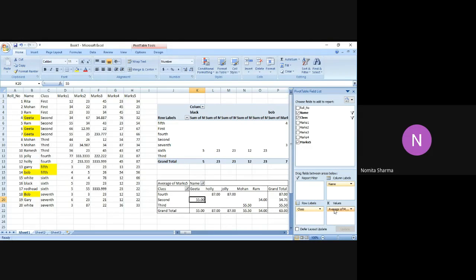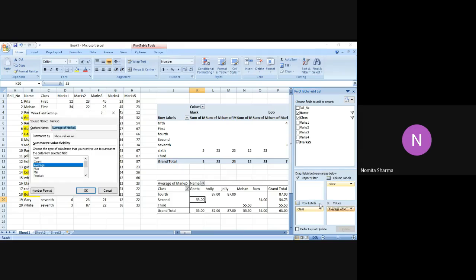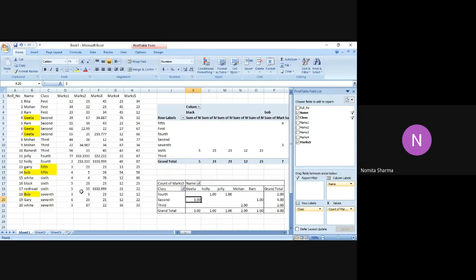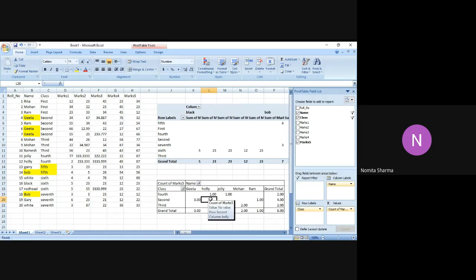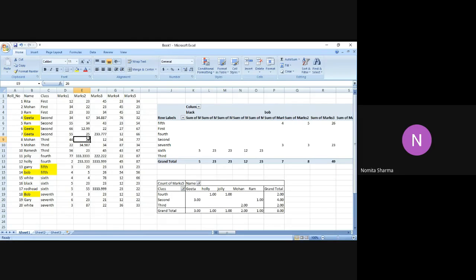In a similar manner, if I go back to value field settings and select count, this will give me that option accordingly. But if I make any change in the master table, you will see that window has disappeared. The change which I make in the master table after making the pivot table will not be shown in the pivot table that we have made previously. But certainly in the new pivot table which I make now, after making a change in the master table, this change will be reflected, right?